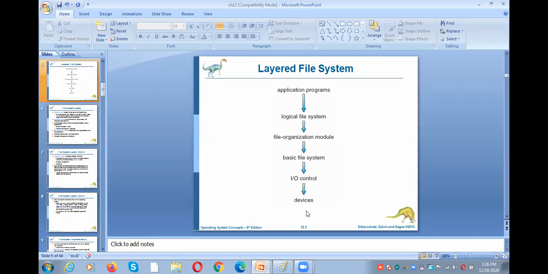Disk is a hardware device. Earlier it was a printer. In order to take the printout, the device required is a printer. Now you want to read the information from a file. The file is available in the disk. Hard disk is a device, secondary storage. So from that you need to read the file block number 14, so a read operation will be performed. Okay, so that is the thing. So this is about a layered file system.